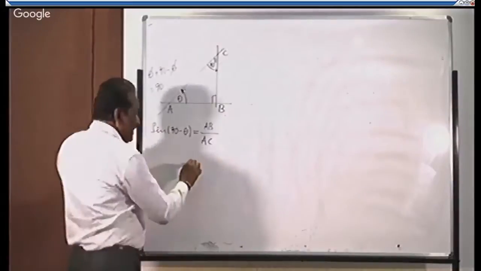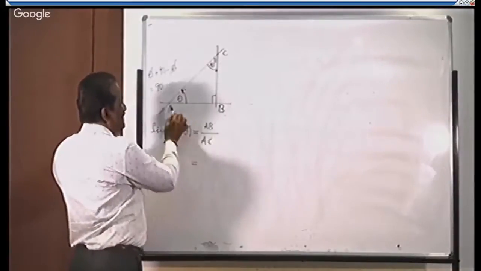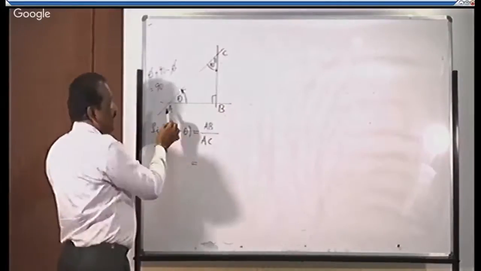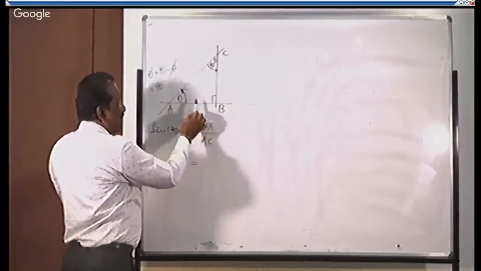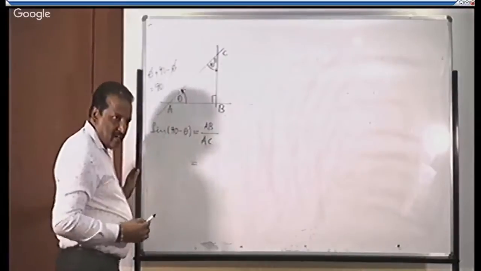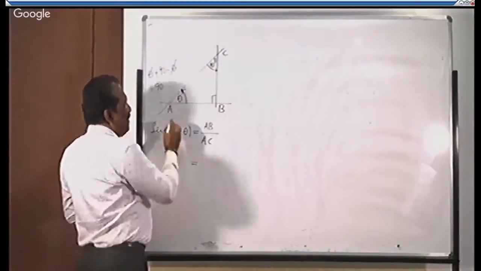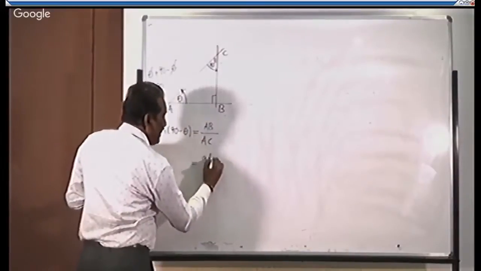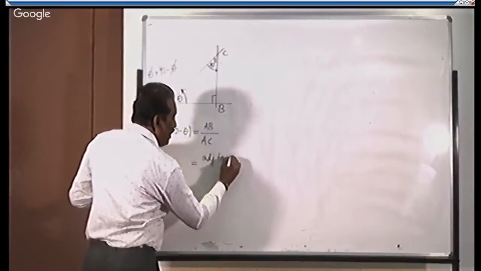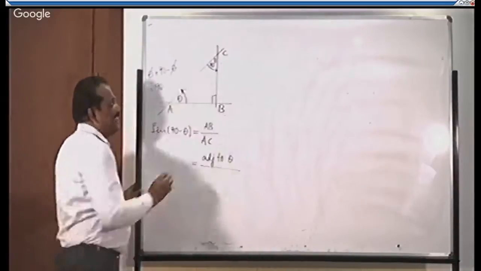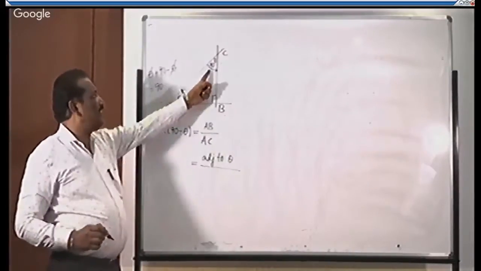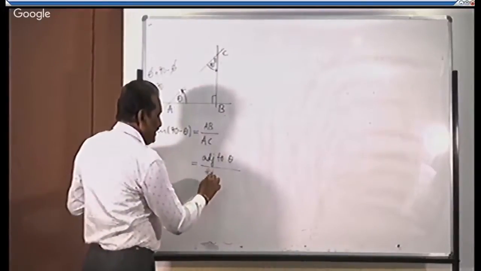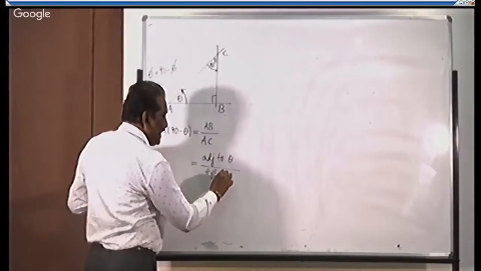Now you can say AB is definitely the side opposite to 90 minus theta. Simultaneously, the side AB is adjacent to angle theta. So with respect to the requirement, I just write AB as the adjacent side to theta. Of course, no doubt AC is the hypotenuse for 90 minus theta and also theta. So here I just write AC as the hypotenuse side to theta.